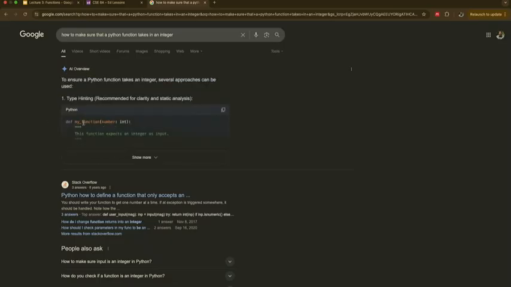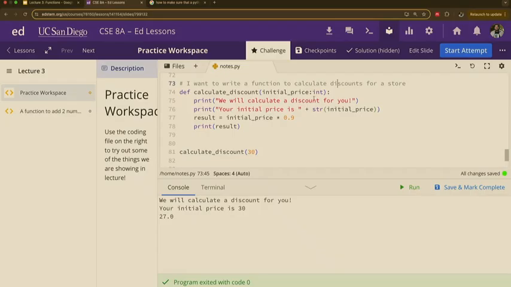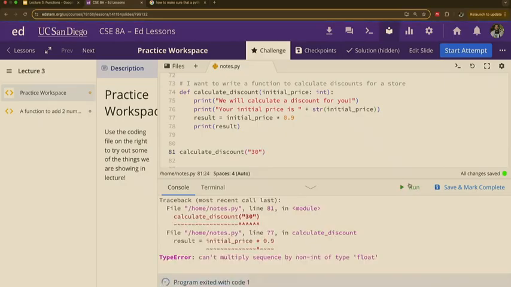Yes. So you have your function, you have some sort of number, and you're trying to make sure that it's an integer, right? So you have this little colon, integer, so when you run it, it works, but if you have it as a string, it's going to get mad at you. It's saying, whoa, I was looking for an integer, you did not give me an integer. I'm very mad right now, and I'm not going to run, okay?